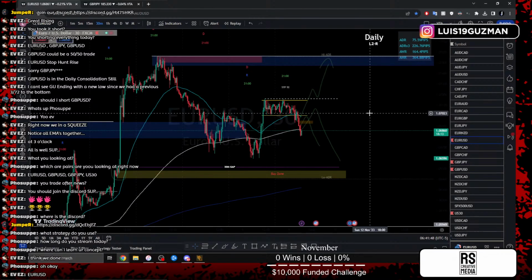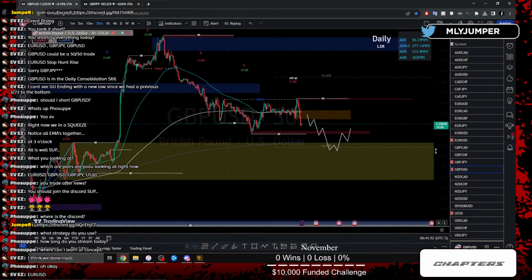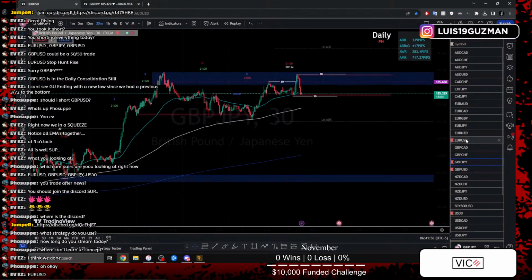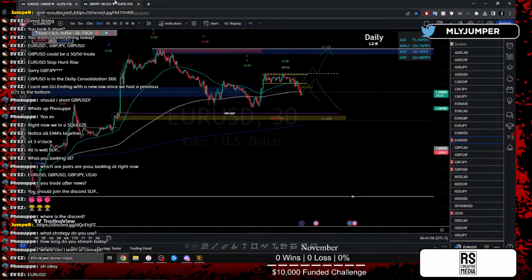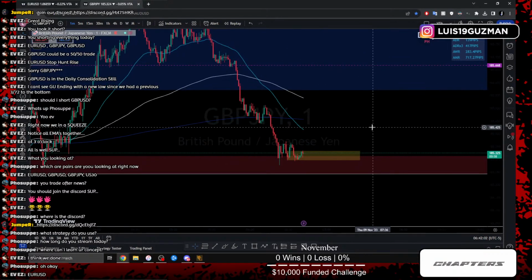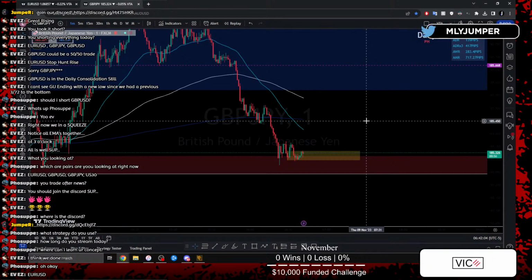right? But if we could say that about EUR/USD, we could say the same about GU, right? It's all lining up the same. It's literally just a waiting game. Who has more patience than the other person? And we can see price here on GJ is respecting these lows as well. So